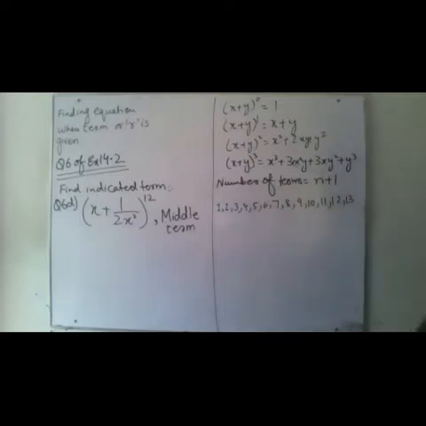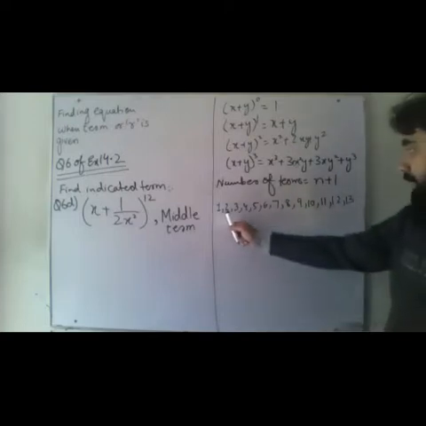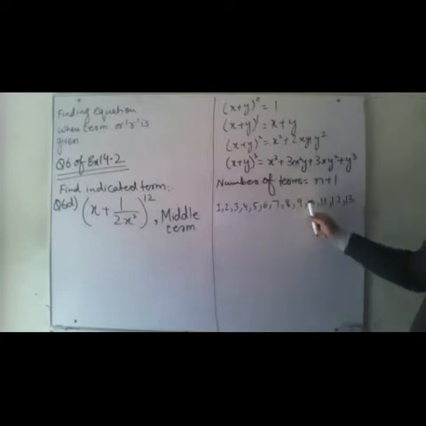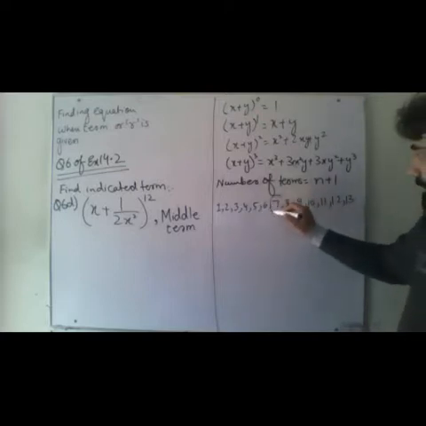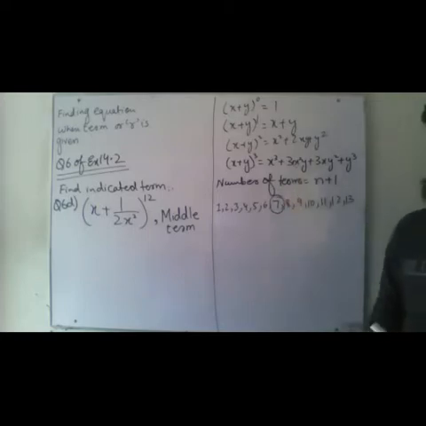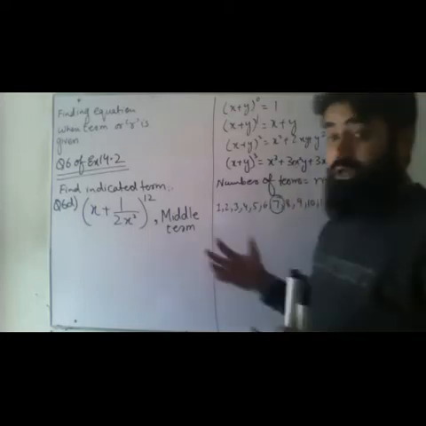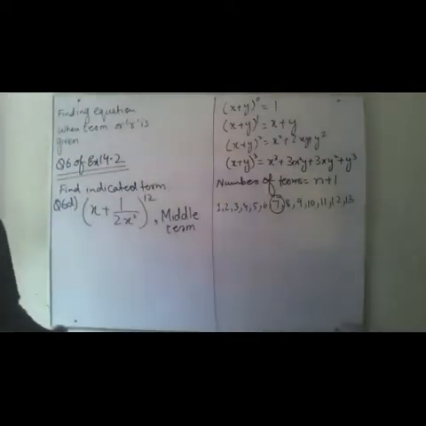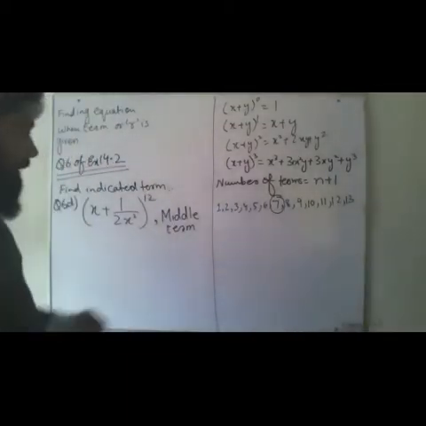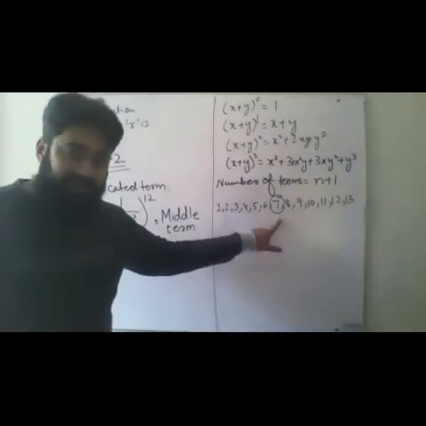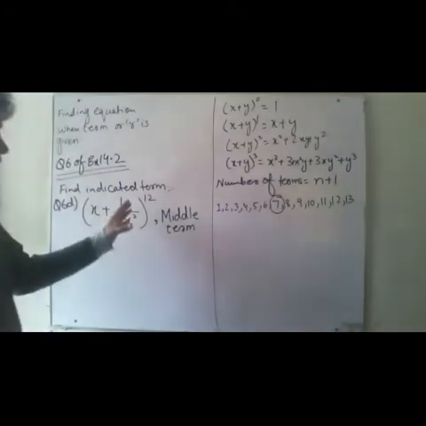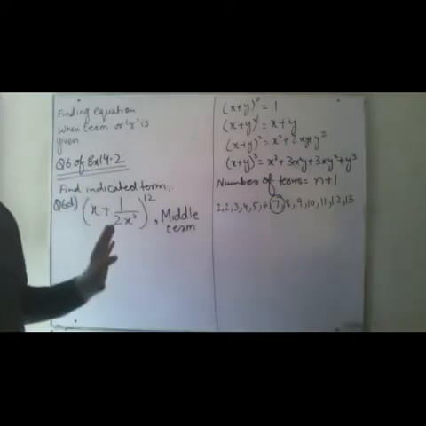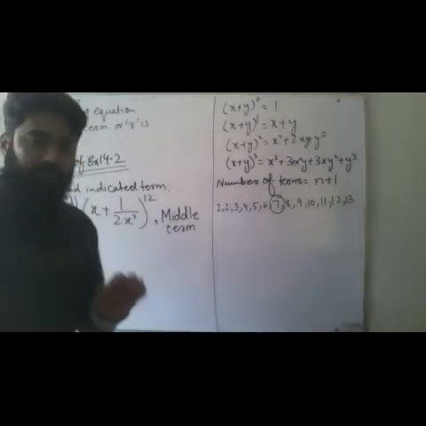I have written 13. Now, what will be the middle term? 1, 2, 3, 4, 5, 6, 7. 1, 2, 3, 4, 5, 6. The middle term will be the seventh term. Okay, so much working is there? No, we have to decrease it. How will I decrease it? See, my result is coming seventh term, and I have to get it directly from what is given over here.